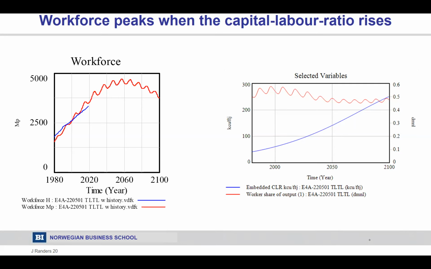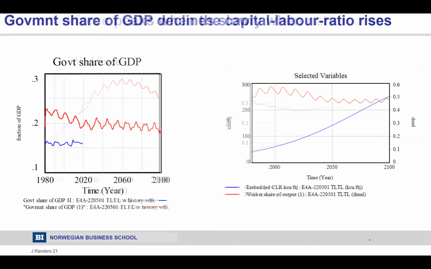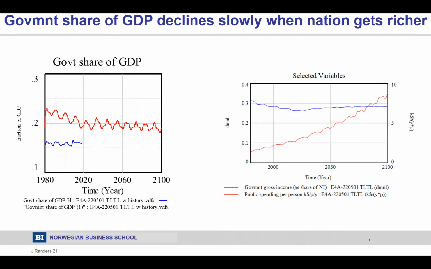The worker share of output is the red line. This is the share of the GDP that actually ends up as salary to workers, and it tends to decline over time. The government share of GDP in the model system declines because of the yellow line, showing that as you get richer, the role of the government tends to decline. Here you see that the historical average for the world is down to roughly 17% of the GDP, while we have parameterized the model at 22.